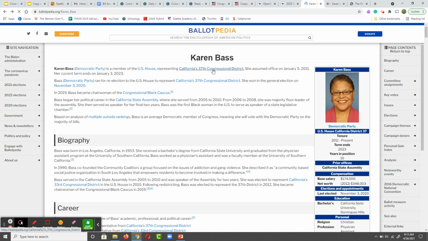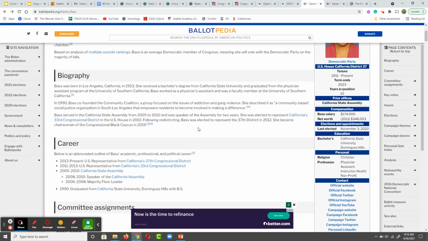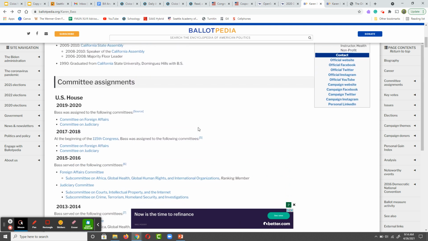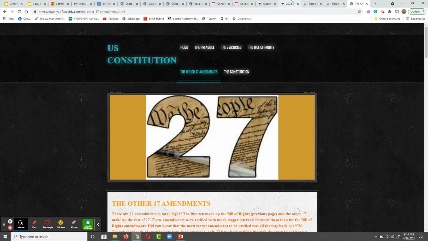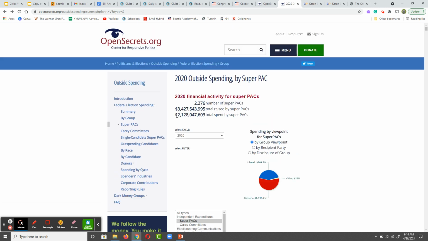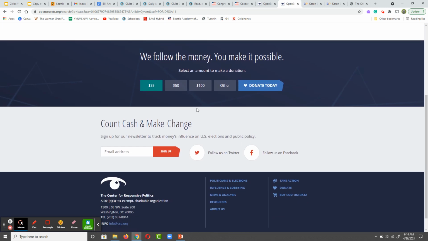That's important. All right, we got a member of the Black Caucus, and in fact, the chairwoman of the Black Caucus. Figure out other caucuses that she's a part of. We also talked about the importance of PACs, right? And monies. So, oops, that's not it. If we go to this opensecrets.org, we put in, what we're looking for is